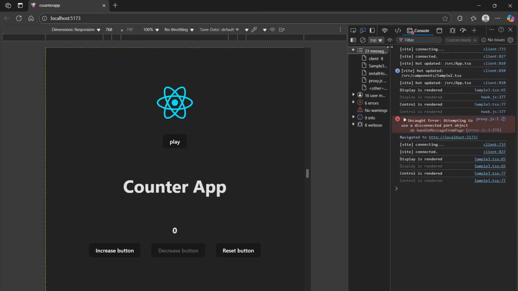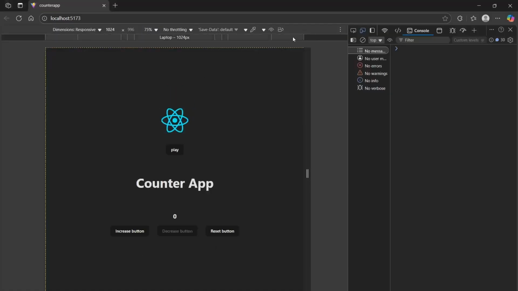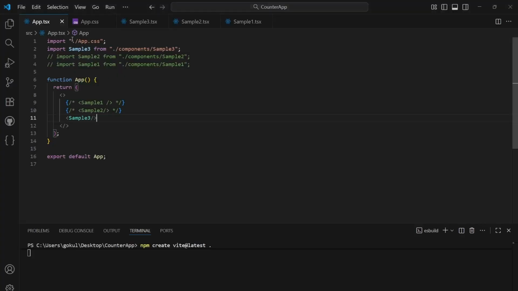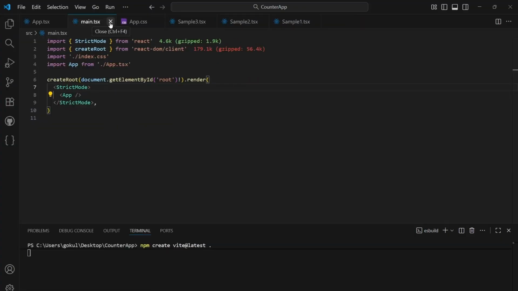Somehow it's going to show, even I don't know how. Okay, whenever I refresh the page, it shows connecting, display is rendered, and control is rendered again. This is by the use of StrictMode only. The App.tsx is wrapped inside StrictMode in main.tsx. StrictMode is a development-only function. It re-renders twice to avoid production bugs